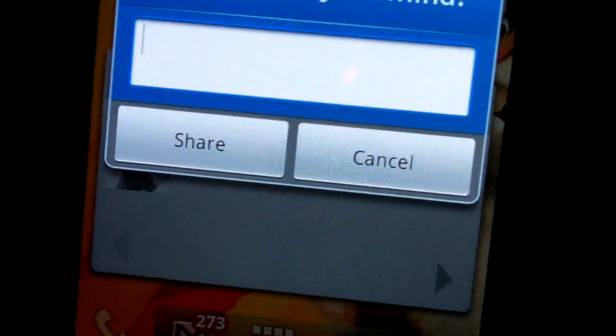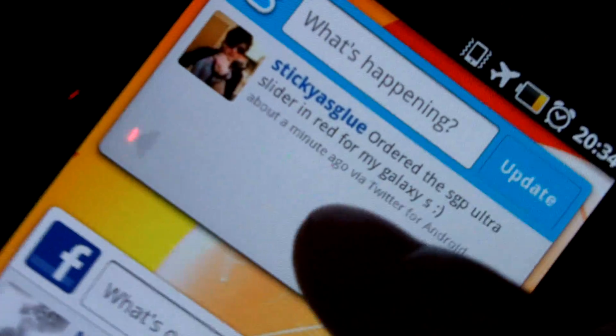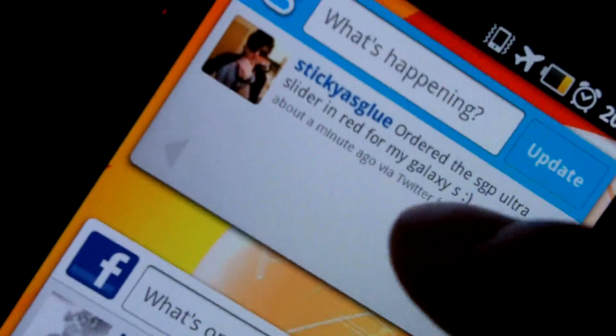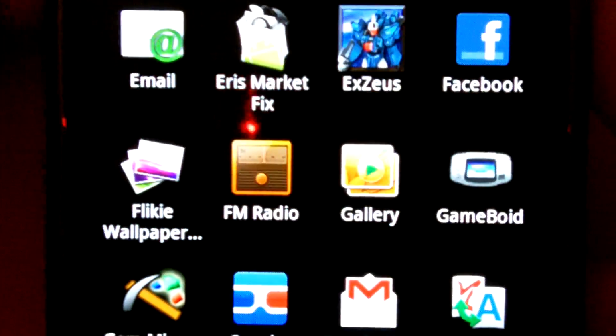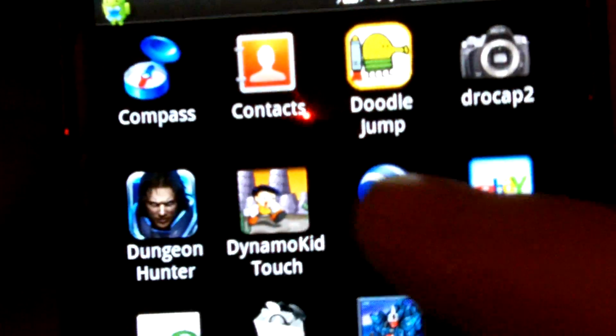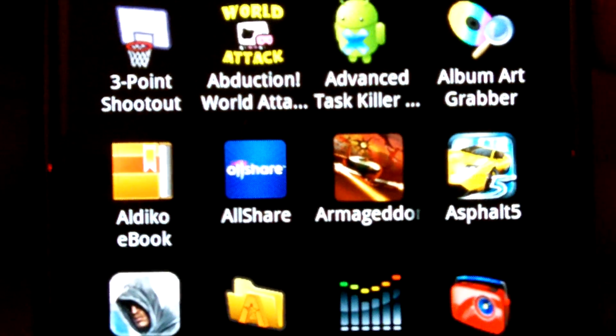On the other side, we've got the Twitter widget, which is by Twitter Incorporated, and Facebook, which is just the Facebook for Android. In applications, I'm just going to skim through these because I don't want to make this like